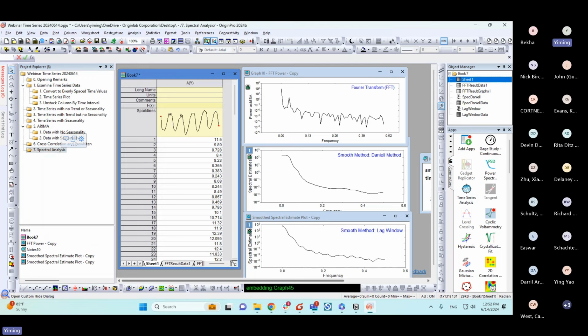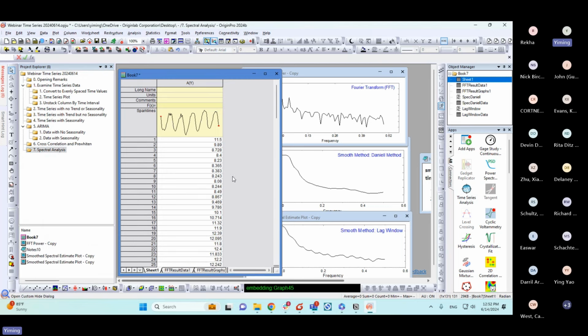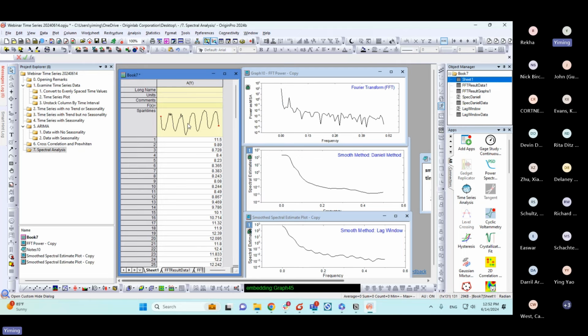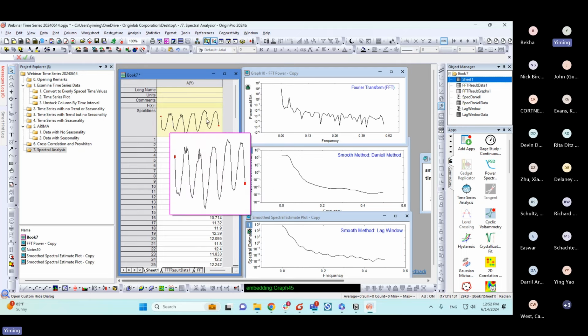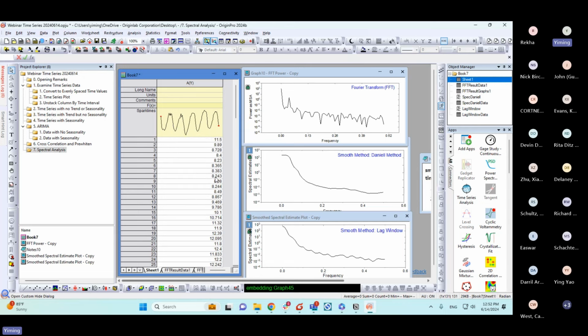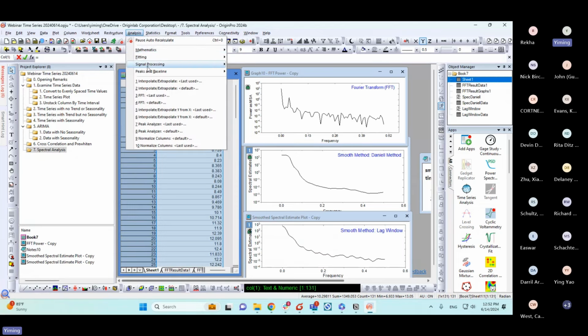If you have a signal or time series data with a strong periodic feature, you may check the data in the frequency domain. In order to do that, use FFT, or fast Fourier transform. We have this tool under Analysis, Signal Processing,